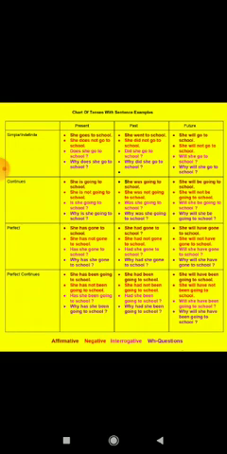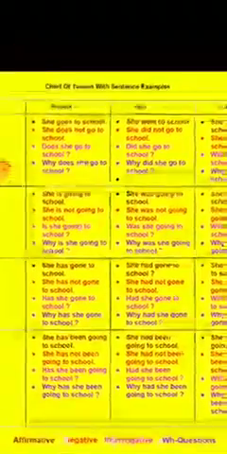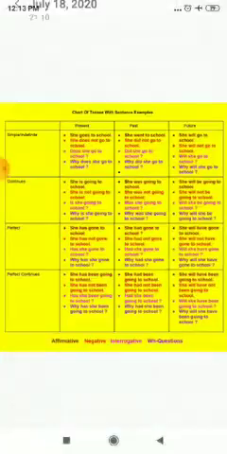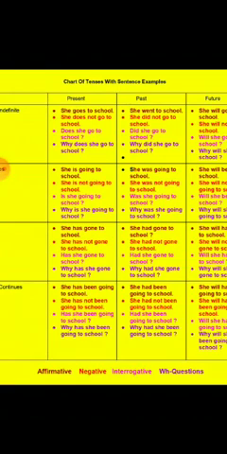Now we will have some examples as well as rules of tenses. First of all, we will see simple present tense. As far as the rules are concerned, simple present tense shows day-to-day action, general habits and universal truth. And the first form of the verb is used in simple present tense.